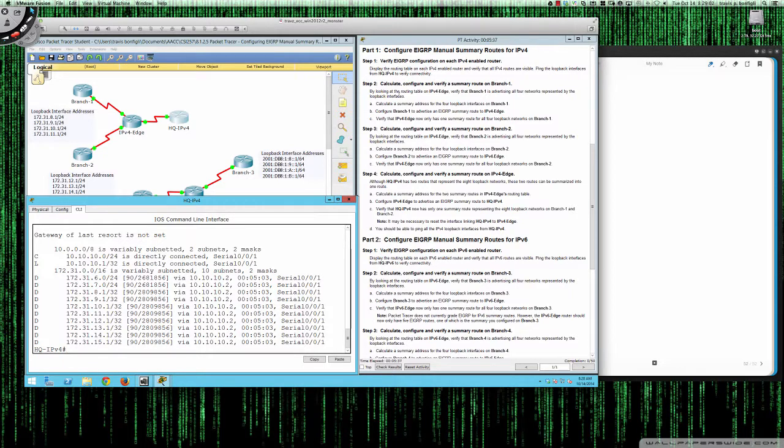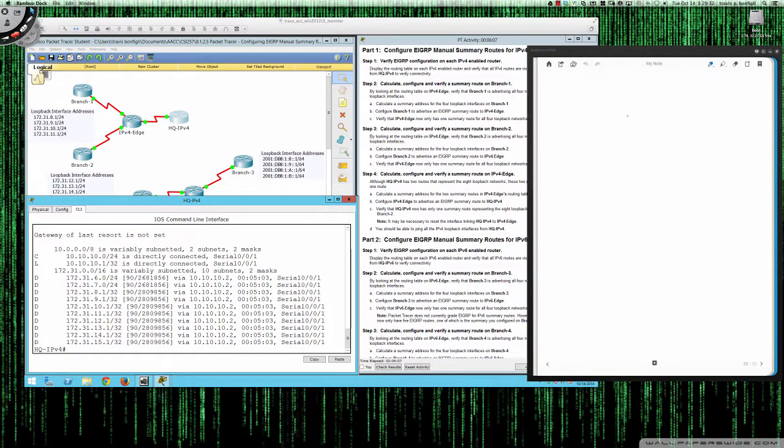So calculate and configure a summary route on Branch 1. By looking at the routing table on IPv4 Branch 1, or IPv4 edge, we are seeing all 4 networks, so we're going to calculate the summary address for Branch 1 for those 4 networks. And then we're going to configure Branch 1 to advertise the summary route to the IPv4 edge. And then we're going to check to see that the IPv4 edge only sees a single route. Alright, and so this is really where, if you see things like this when you're taking the exam, you'll notice that